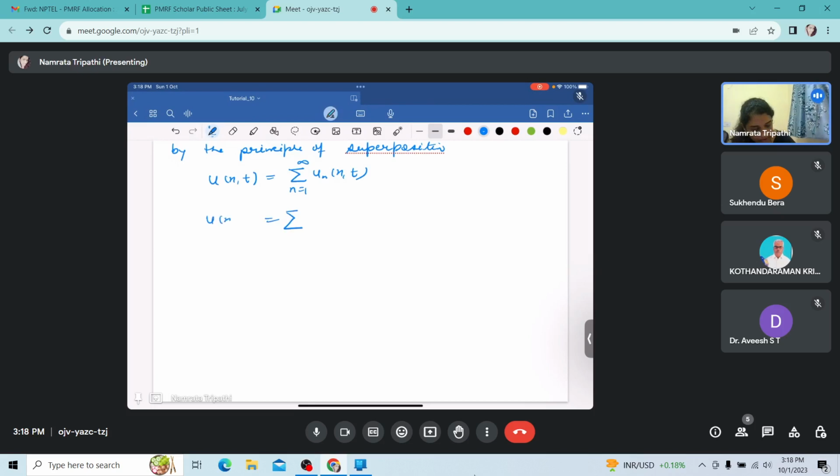Then the solution becomes a_n cos(cnπ/L into t) plus b_n sin(cnπ/L into t), whole into